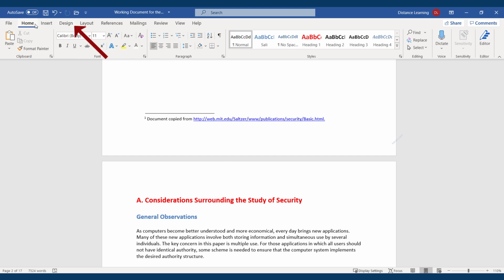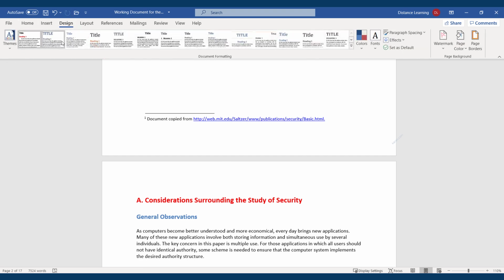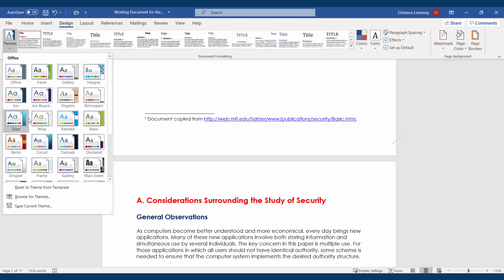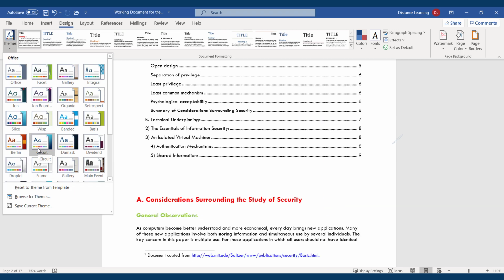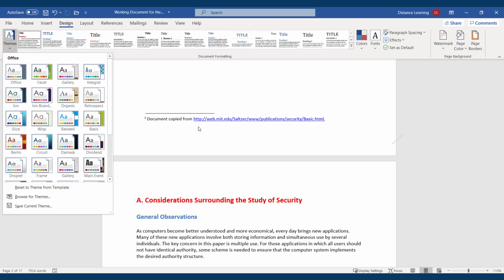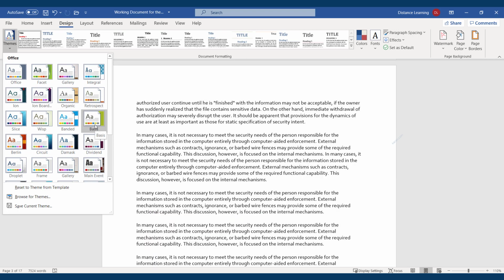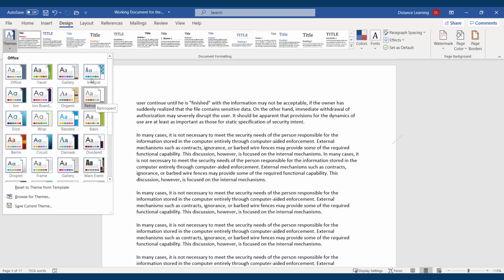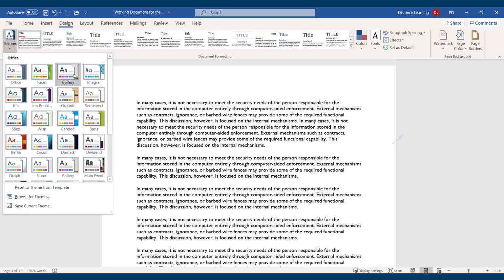So you go here under the Design tab, and then you can select from one of those document formatting styles if you prefer, or you can go under the Theme area and select from one of those themes. And notice it will give you a live preview of what the document is going to look like once that theme has been applied. Notice it changes the font style, it will change the color combination, and things of that nature. So pick one of the styles that you prefer,